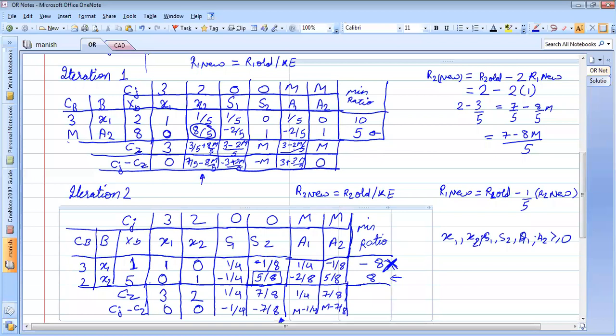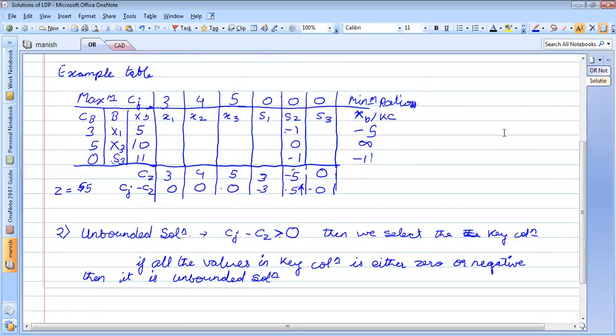But when we have this kind of a solution, it means that either the problem becomes infeasible if I select this value, or if I select this value, then both will make my problem infeasible, correct?